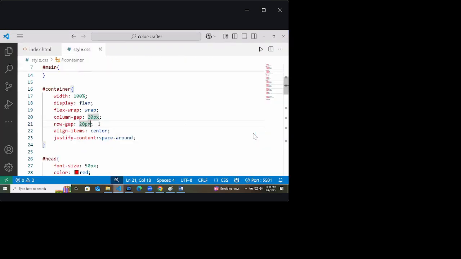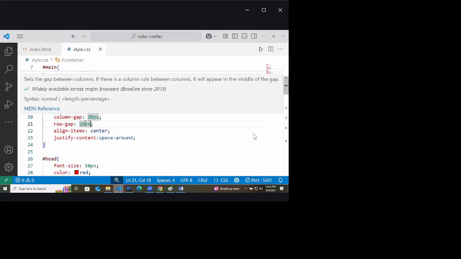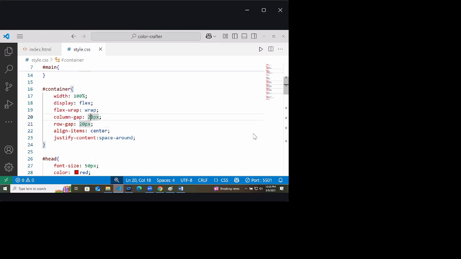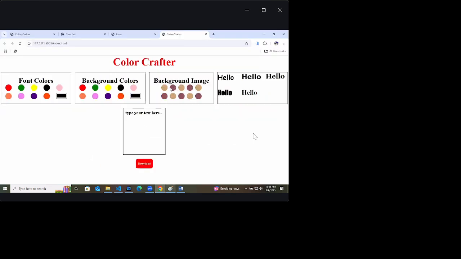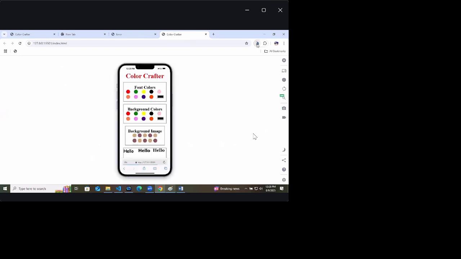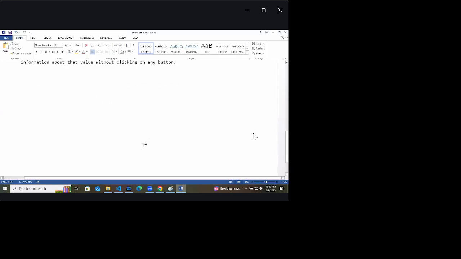By default, this container has row gap and column gap. Column gap I will decrease by 10 pixel. So now we are getting them on the same size. In mobile, like this we will get them. Everything is perfectly fine. Okay. Sorted. That is your color and font picker project.